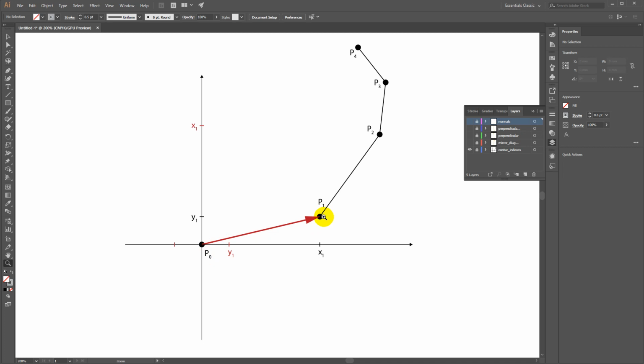I mark here x1 and y1, the values for the P1 vector. If we switch those values, so we have y1 here and x1 here, then we get this yellow vector, which is like mirroring